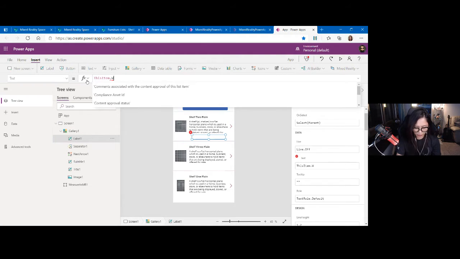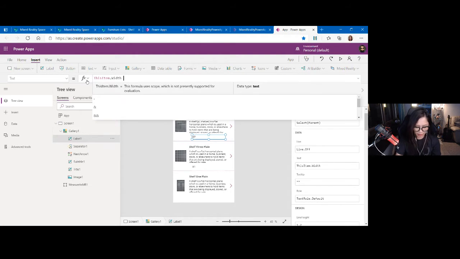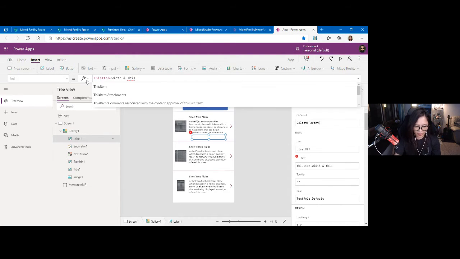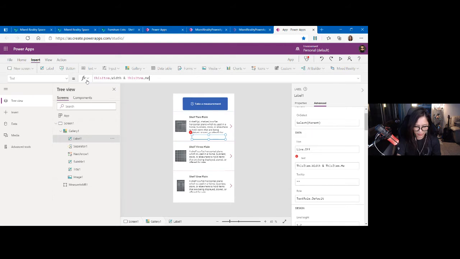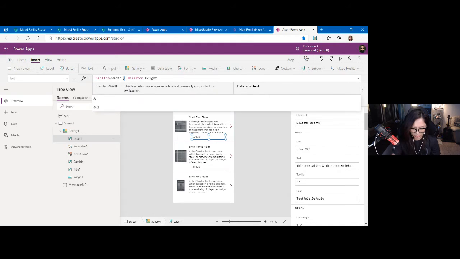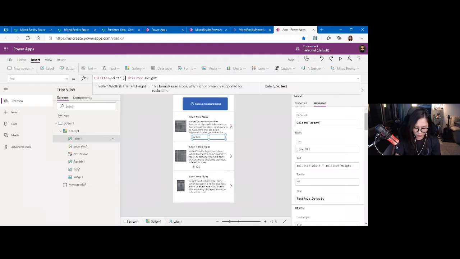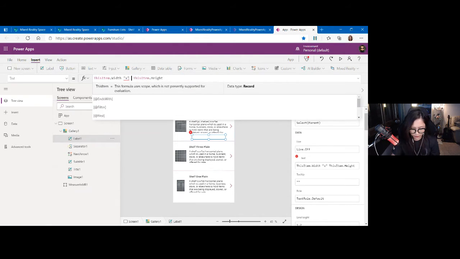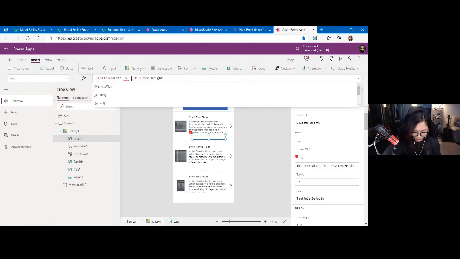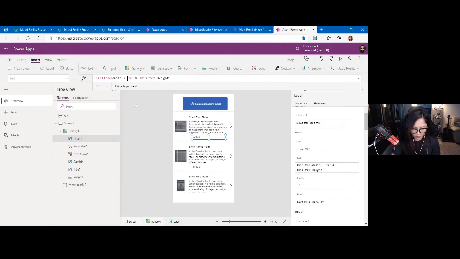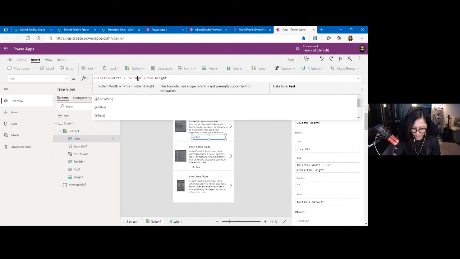I'm going to get the width, and then I'm going to get the height of this furniture. Oh, yeah, sorry. Oh, wait. Oops. Sorry, that one.